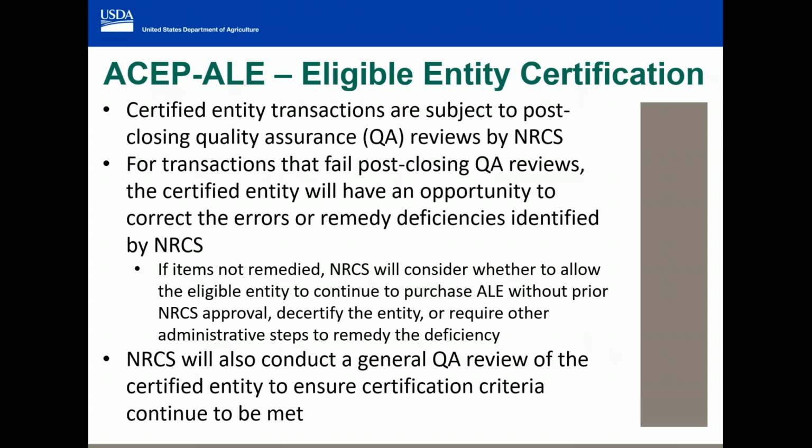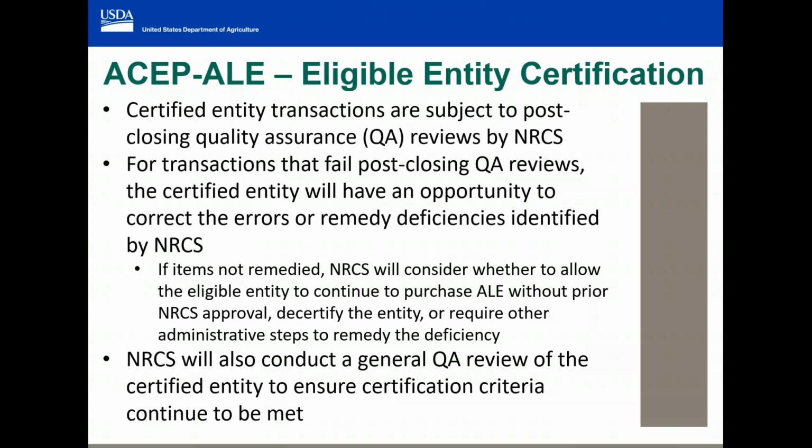So there is a review of the transactions themselves. A percentage of the transactions closed in a given year are reviewed by NRCS. If there are issues identified, NRCS then works very closely with the entity to identify whatever those issues are. There are identified periods to cure. And then if the items aren't remedied, NRCS has options to continue to work with the entity to